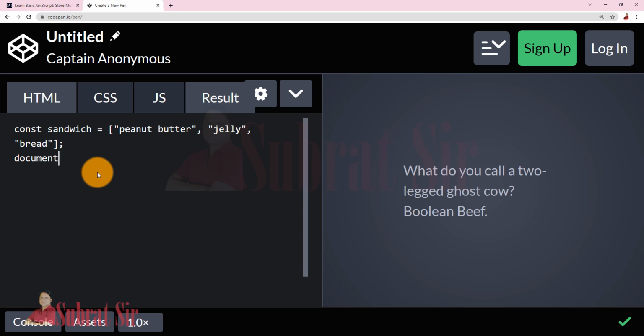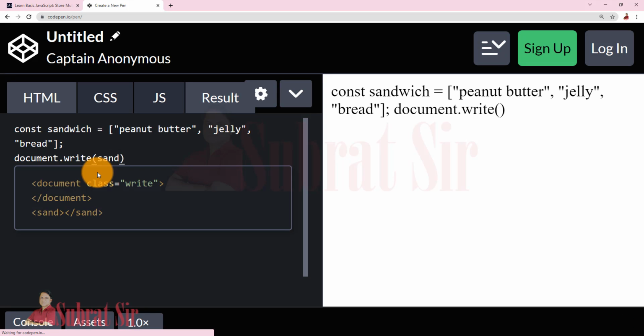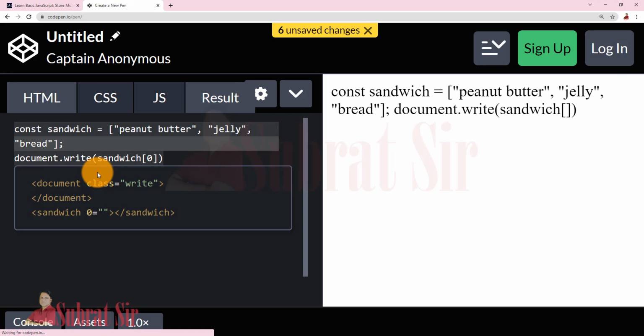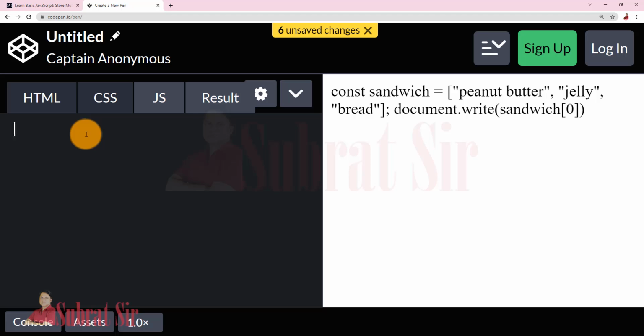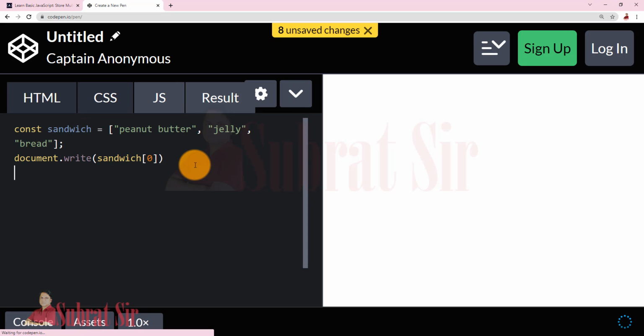and let us write on screen sandwich and within bracket notation 0, and this should be in JavaScript. We wrote in HTML again. Okay, so sandwich and within bracket 0 means we can access the first sandwich type, that is peanut butter.